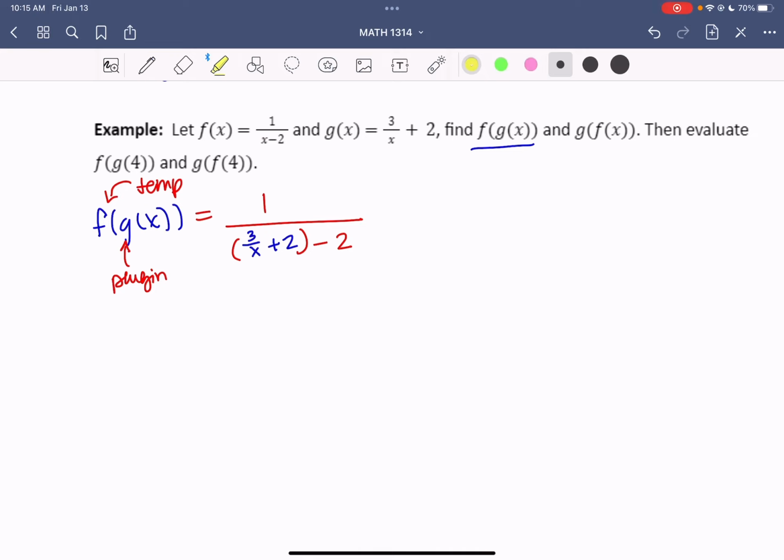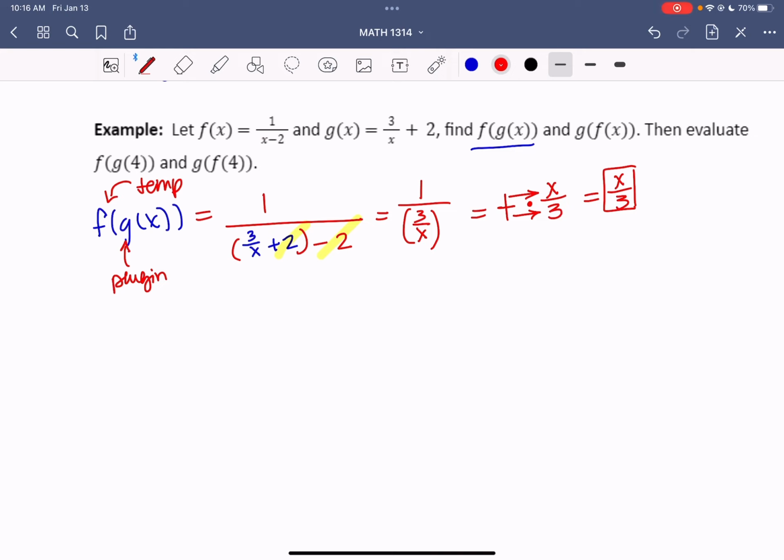So that means, noticing here, positive 2 and negative 2 are going to cancel each other. So that's going to leave me with 1 over 3 over x. And if you remember how to divide fractions, you keep it, change it, flip it. So you keep the top, change it to multiplication, and flip the bottom. So that gives me, as a result, x over 3 as an answer. When I'm just multiplying by 1, you can see I'm getting x over 3, or 1 times anything is just